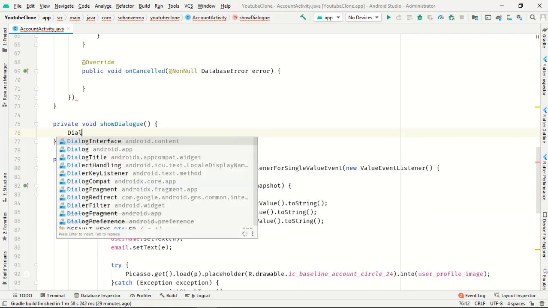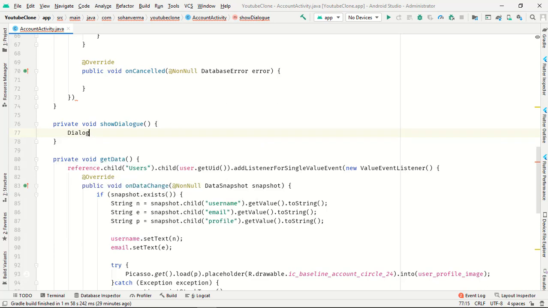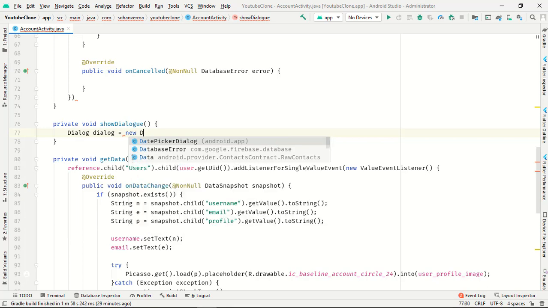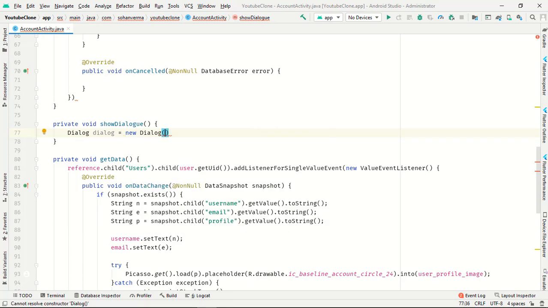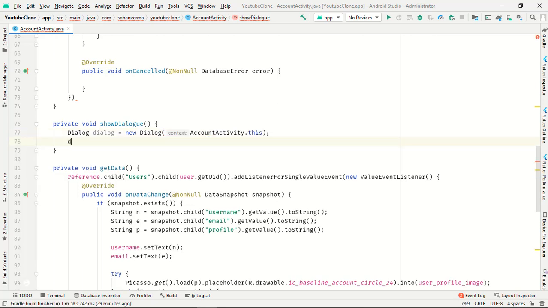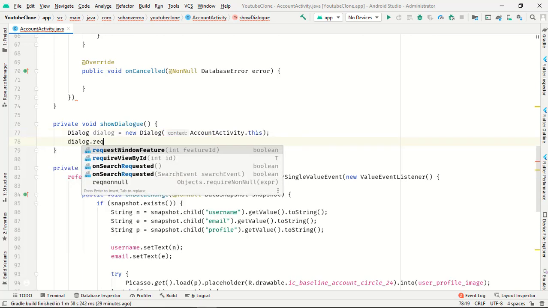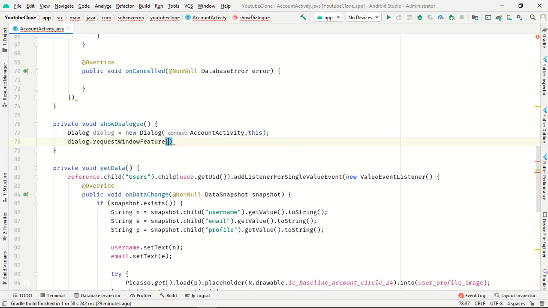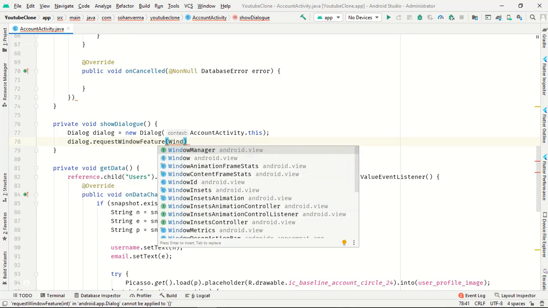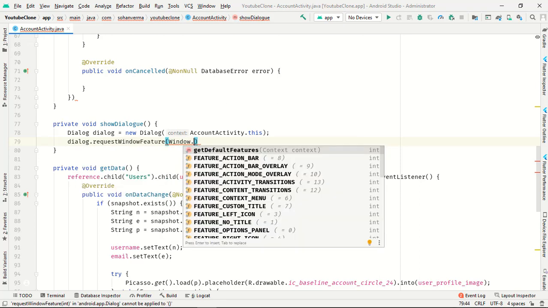Now dialog, new dialog, account activity dot this. Dialog dot request window feature, dot feature no title.